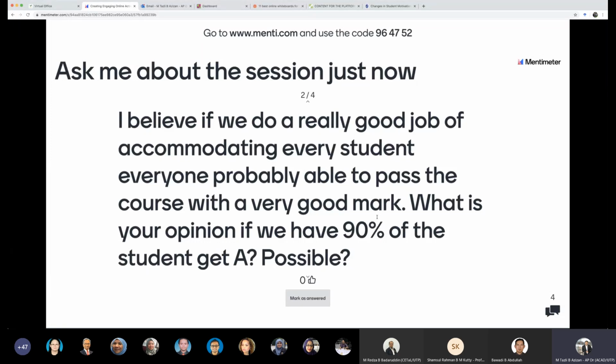For example, if the outcomes are of quite low level, for example, the students to be able to understand something, to define something, to explain something, I think it's possible to have this percentage getting an A. But if we start to make comparison studies, to analyze something, that is where I'm not really sure whether we could have up to 90% getting an A. Some of the students are really good, but some may struggle